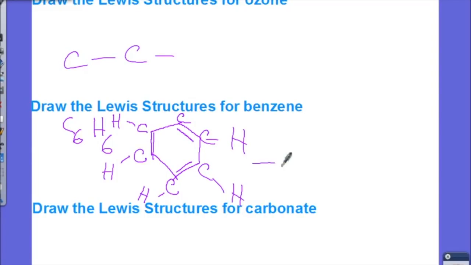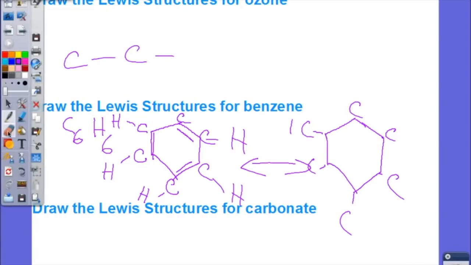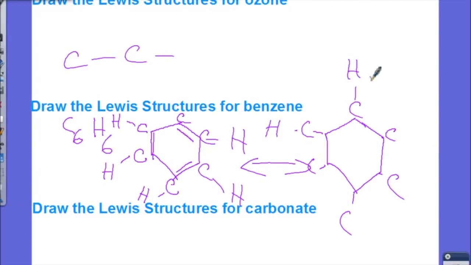Another way you can draw, there is a resonance. You see, on the same line, you can put 1 arrow with 2 heads showing a resonance. Another way I can draw it is I still put my hexagon, each corner is a C, and each C is connected with a hydrogen, single bond. Okay, you have a hydrogen, hydrogen,